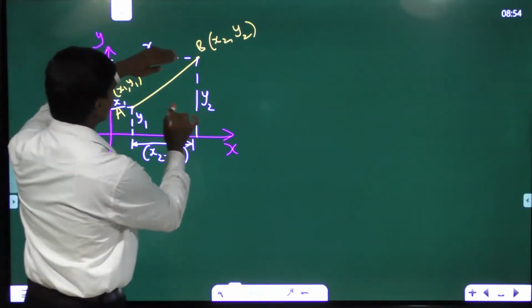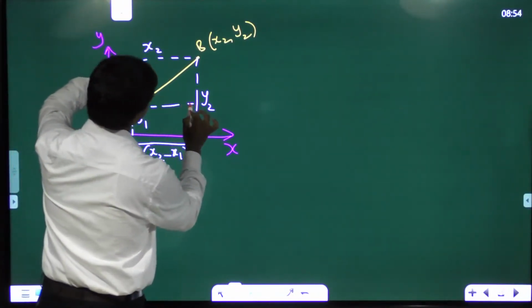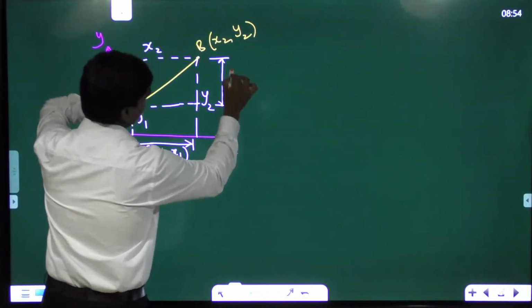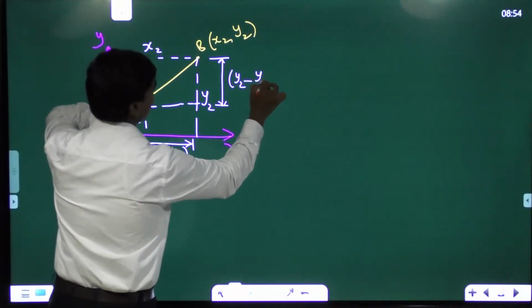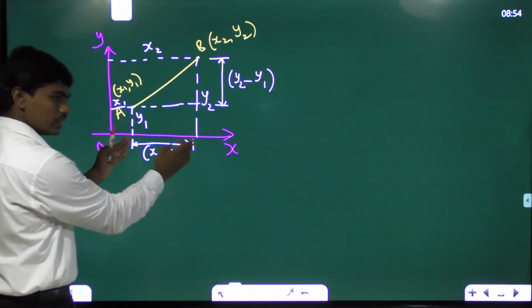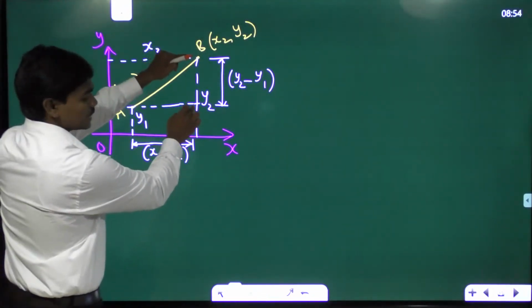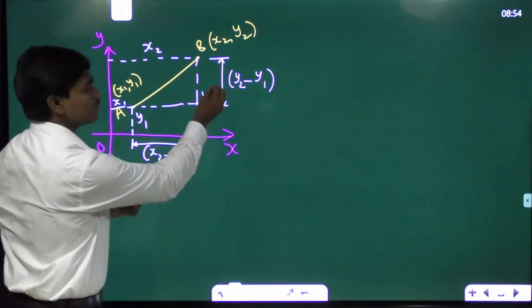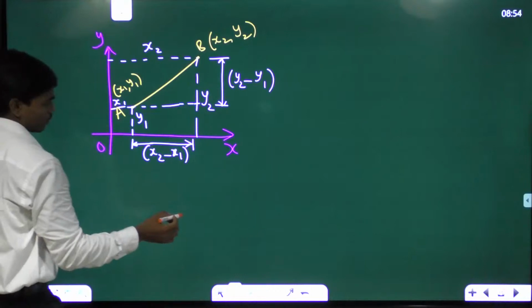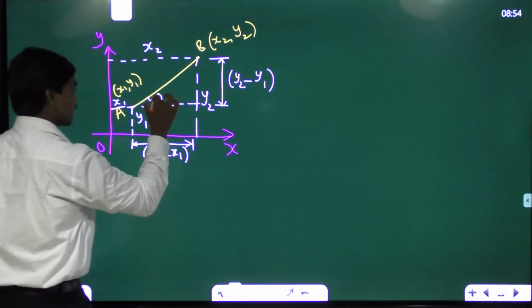Okay. Similarly, what could it be if I consider a horizontal line like this? What could be this length? y2 minus y1. Okay. This length is x2 minus x1, the difference between the x coordinates, and this length is y2 minus y1, which is denoted by y coordinates basically. So now if you consider this angle as theta,